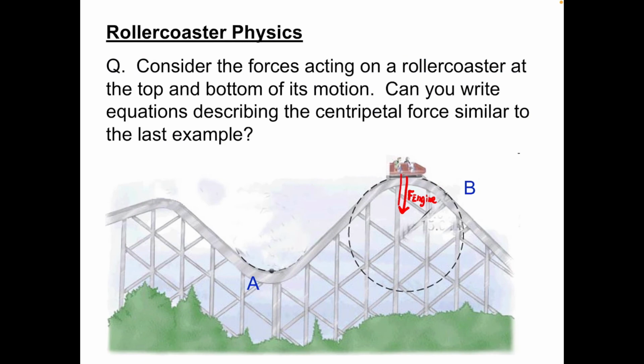So at point B, we know that our engine force must be smallest, as most of that centripetal force, the force causing the object to move in a circle, is provided by the weight of the roller coaster. Whereas at point A, the weight of the roller coaster acts in the opposite direction of our centripetal force. Therefore, our engine force at this point must be much greater